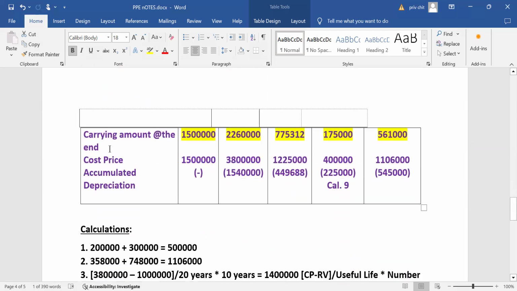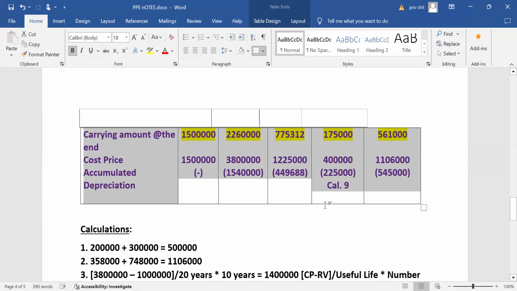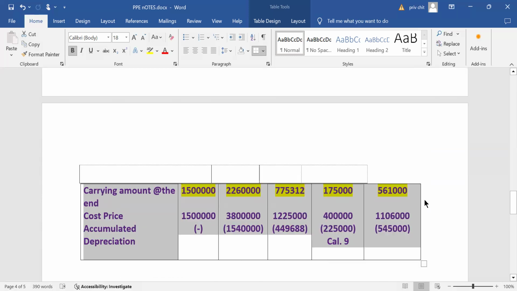Now, the last part of the property, plant and equipment note has to do with what we call closing balances. So you would have to determine the carrying amount at the end of the year, then the cost price at the end of the year, and lastly the accumulated depreciation at the end of the year as well. Notice all of these are closing balances. So this is what we determine at year end. Very, very important, because if we do the property, plant and equipment note for the following financial period, this is the information that you will be conveying